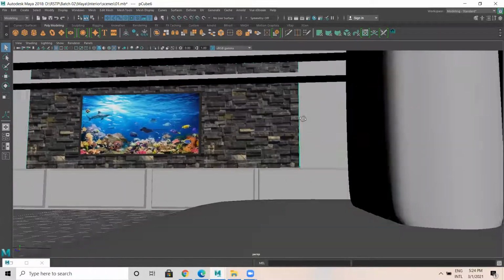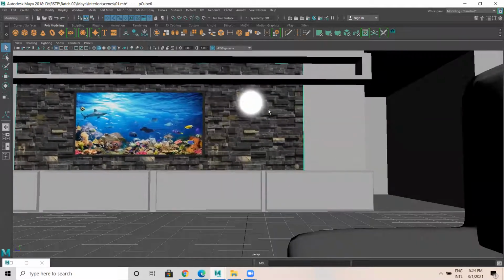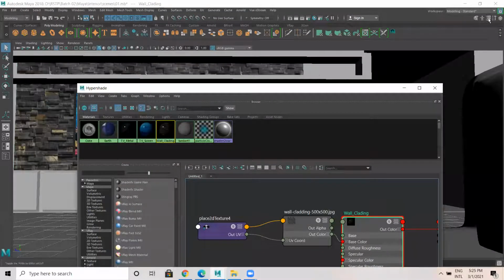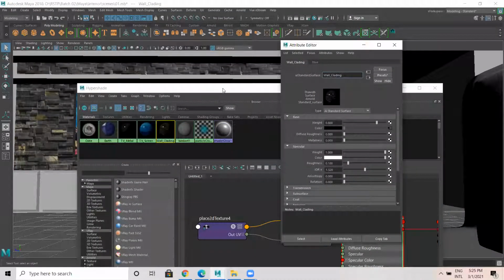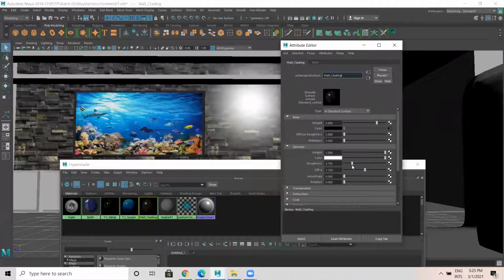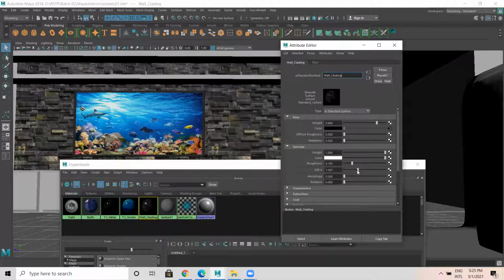Okay, and select this. You see there is a specularity, so much of highlight is there. So what I have to do is select this, go to attribute editor. Here, observe this. In this one, roughness I'm increasing, and IOR, index of refraction. IOR stands for index of refraction. I'm reducing it because it's a stone. I don't want much of reflection. Okay.